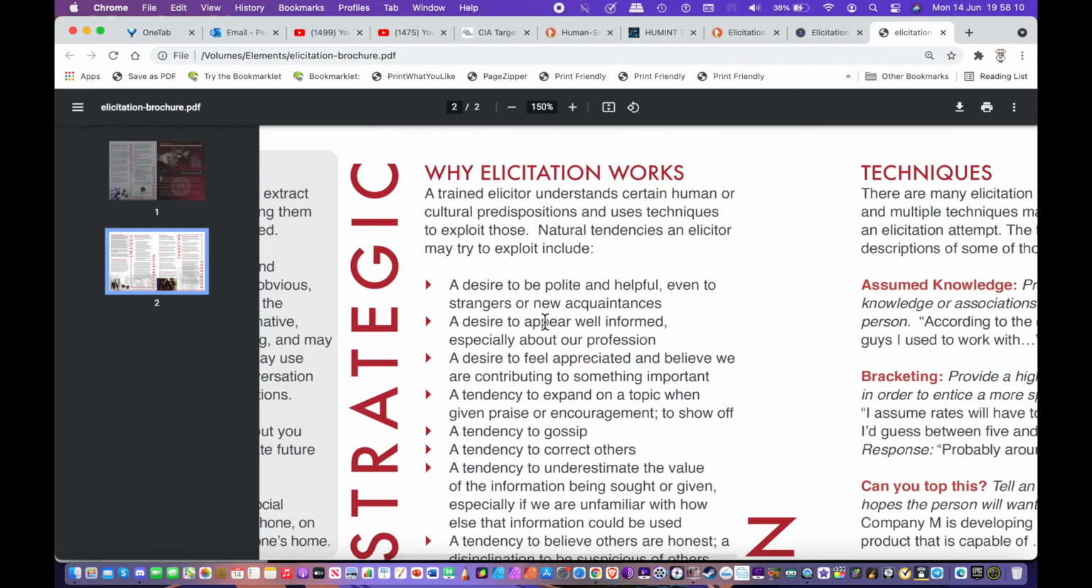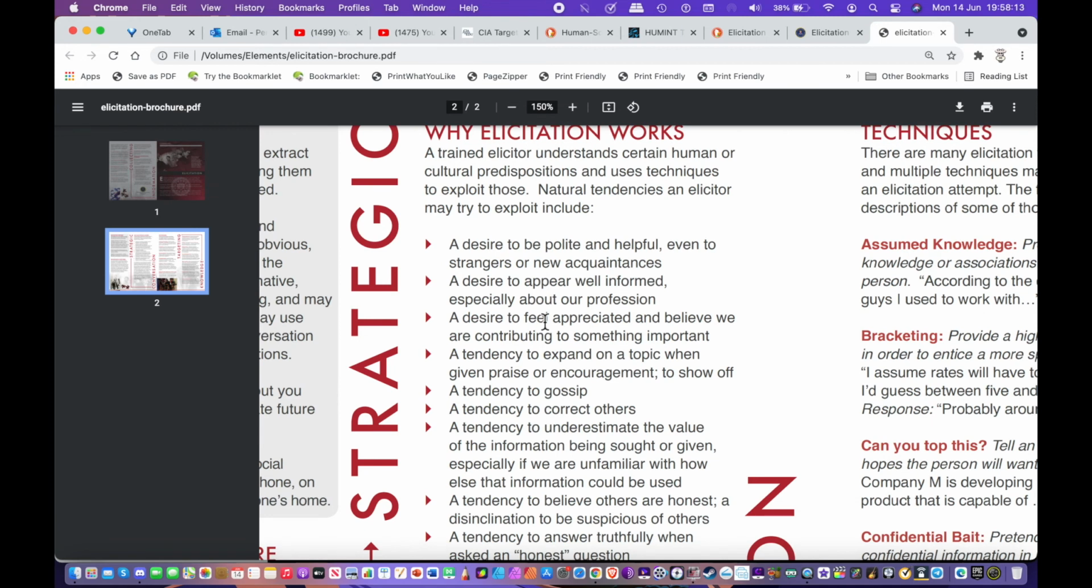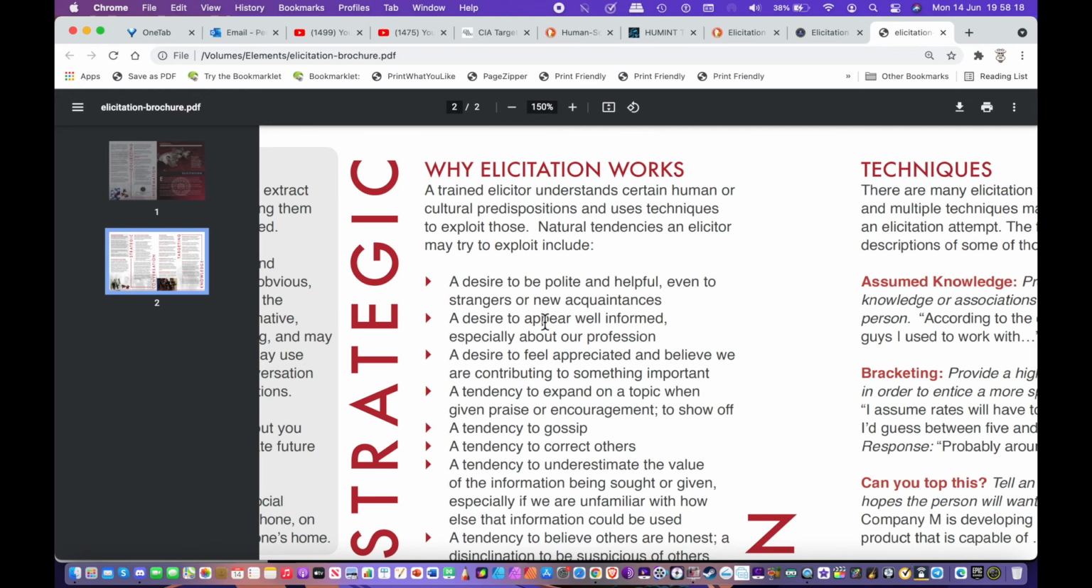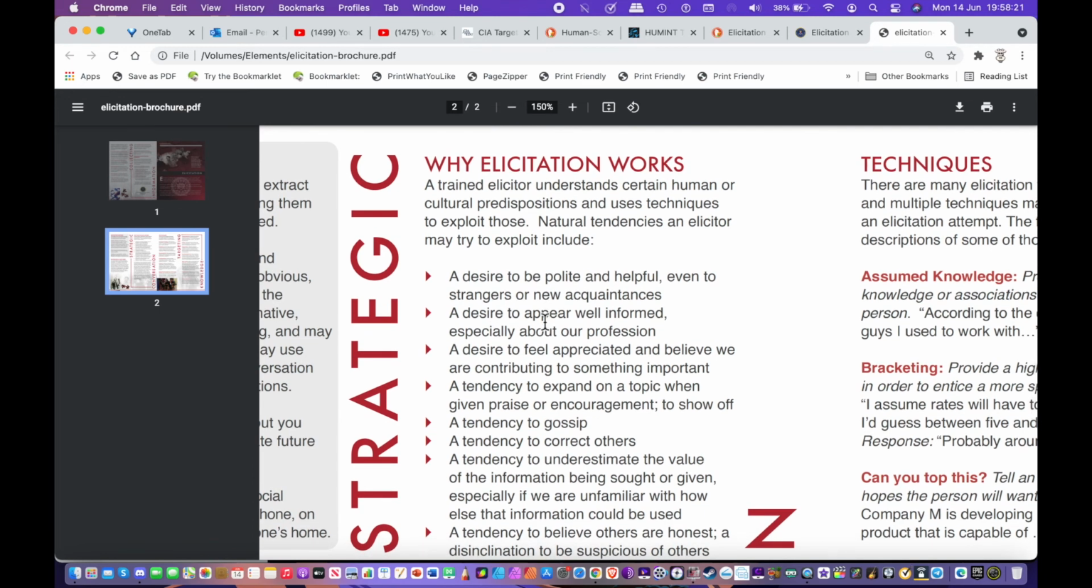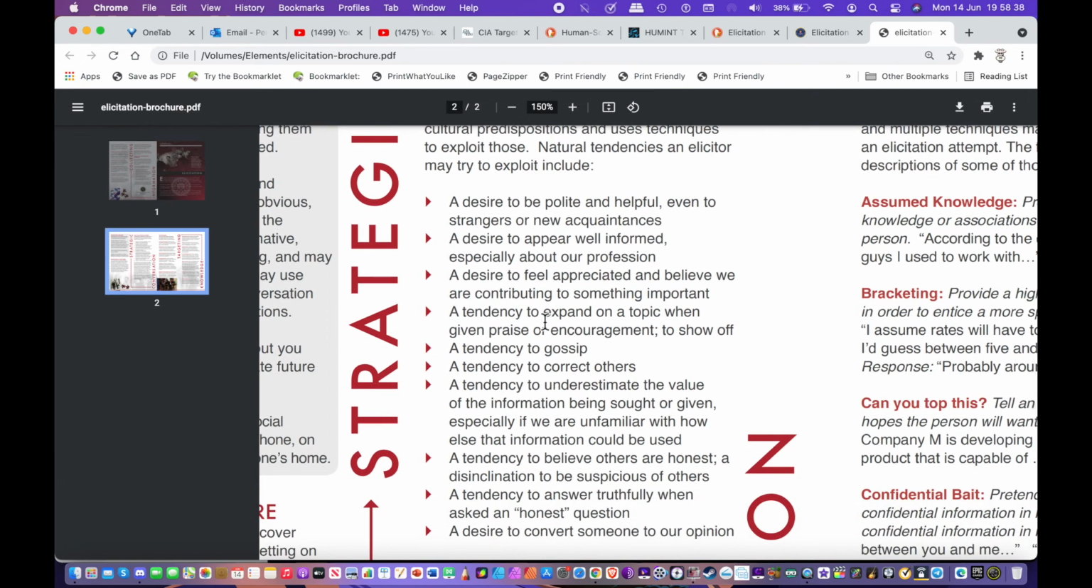Why elicitation works. A desire to be polite and helpful even to strangers or new acquaintances. A trained elicitor understands certain human or cultural predispositions and uses techniques to exploit those natural tendencies. An elicitor may try to exploit a desire to be polite and helpful even to strangers and new acquaintances, a desire to appear well informed, especially about our profession,